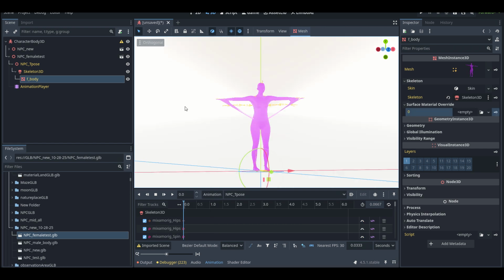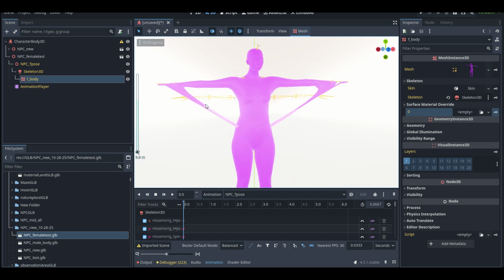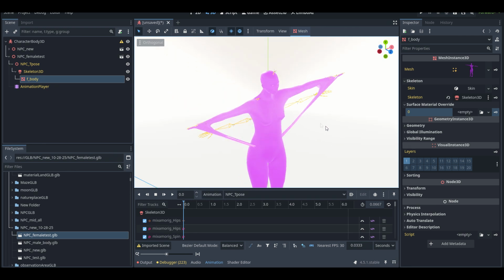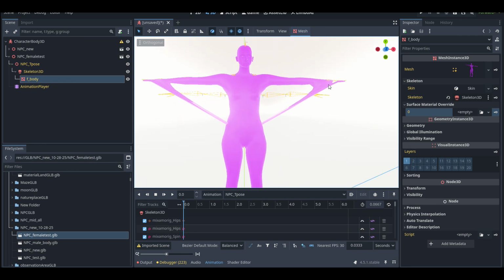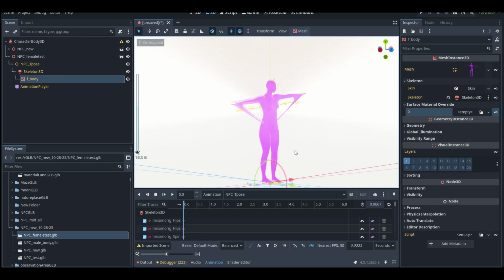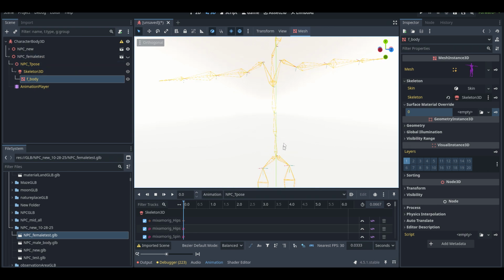So I've done the same thing with the female skeleton, and I tried to apply it to the male skeleton, and there seems to be a parenting issue from the hands with the weights. They're going to the root bone, which is like the base where all the magic happens. This one right here, at least in this type of armature, this is the root bone, where every other bone will inherit its position from. So if you want the character to jump, this is the bone that controls everything else. Anyway,